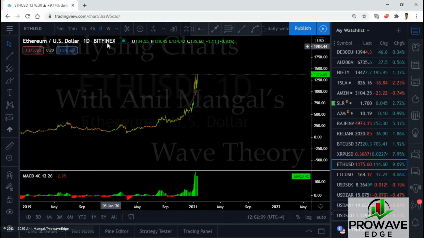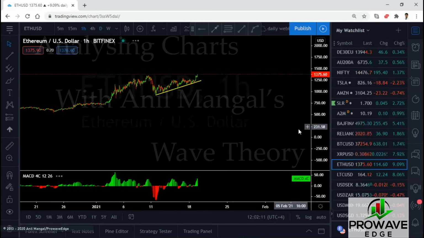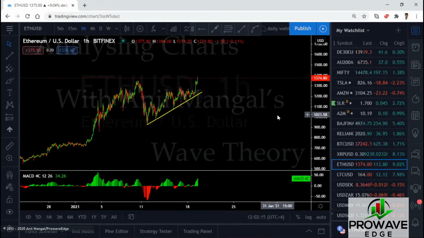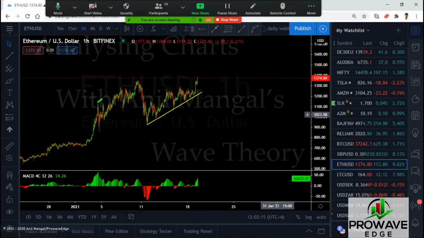ETH going up on the daily. Let's go back to the 1 hour. Yep. So it's probably a running flat from here. We either have a running flat here already, I'm not sure, and this is just going up slowly, or it's still making a running flat. So now that we broke the top, if you get any flag buy, we'd assume that we have the running flat already and this is going. Right? We can assume that.